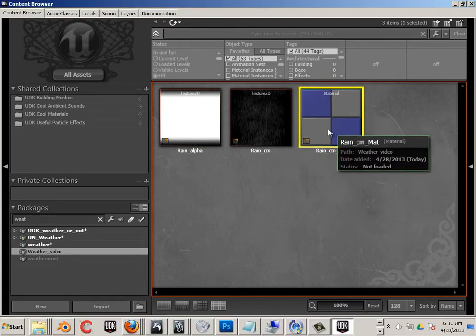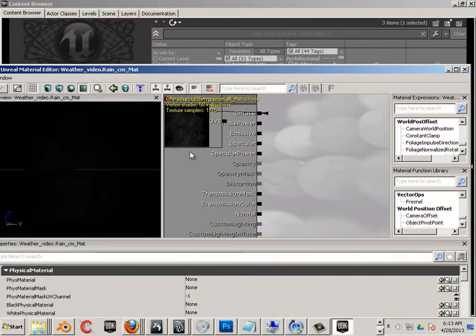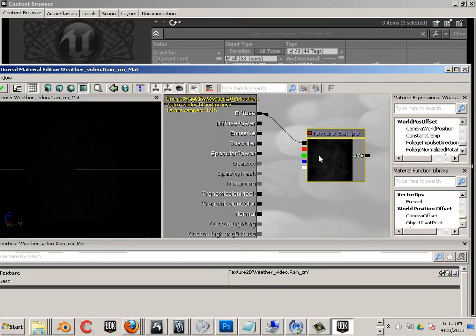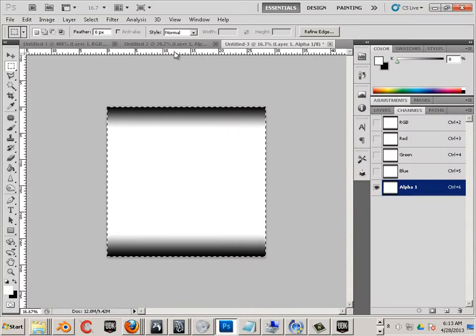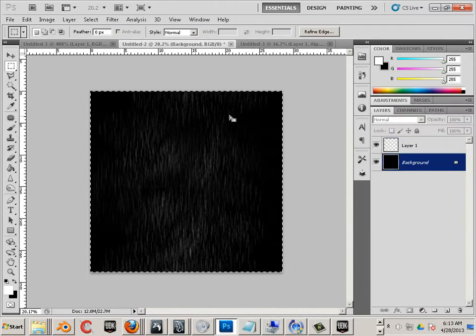Alright, now we're going to create a rain material. So let's go into material. Got this. And I like this. It's black though, and one of the things I should have said is make the background just a little bit lighter. Whenever you're making an alpha, it doesn't blend perfectly from white to whatever color. So whatever color is on your layer, in this case it's going to be like white with bits of gray,